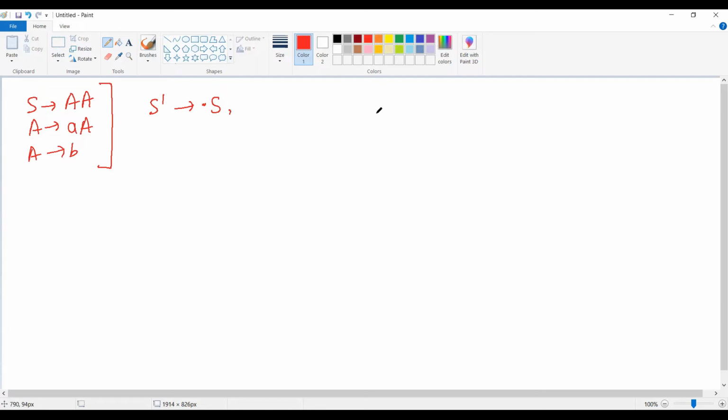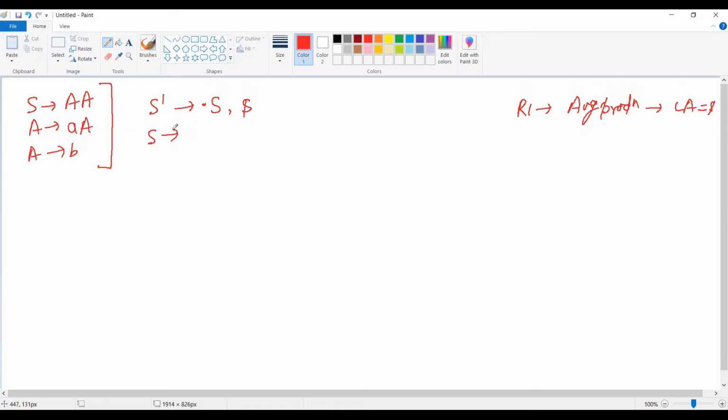For the augmented production, always remember, rule number 1 is that if your production is the augmented production, then your look ahead will always be $. So you write a comma and then $. Now when you build the canonical collection, you apply the closure operation if the dot is before the non-terminal. We can see that capital S is a non-terminal and the dot is before it. So I will apply the closure operation and add the LR1 items of S.